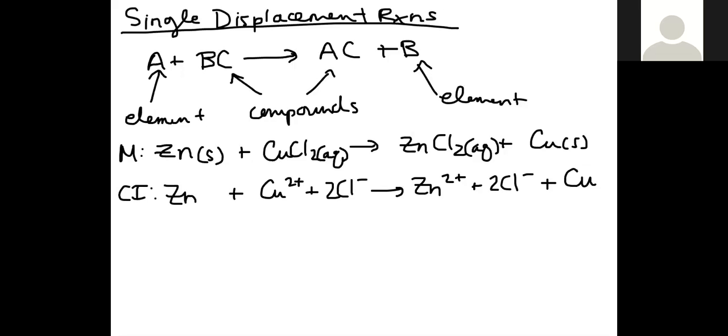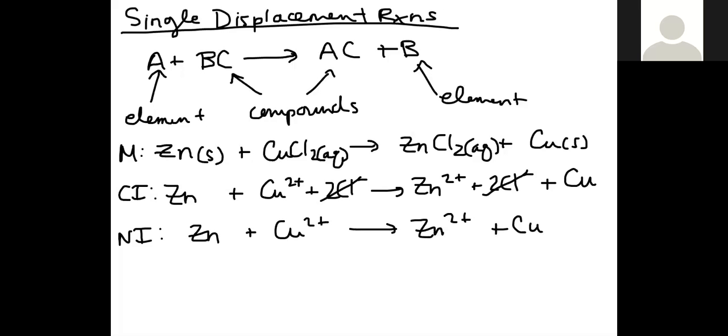Cl minus. It has to look the same on both sides. Zn is not the same as Zn2 plus. Do not cross those out. Same with Cu and Cu2 plus. So your net ionic is going to be Zn plus Cu2 plus goes to Zn2